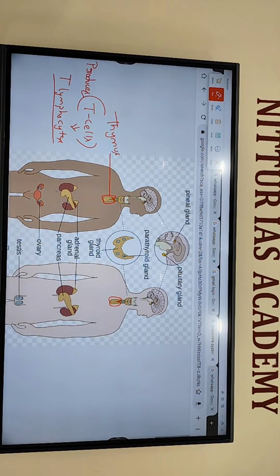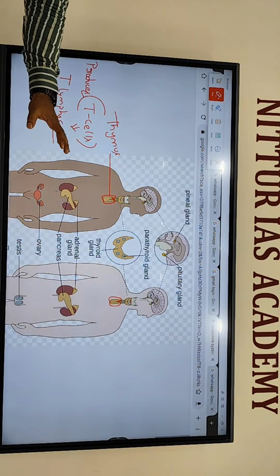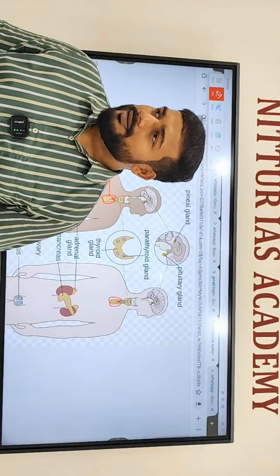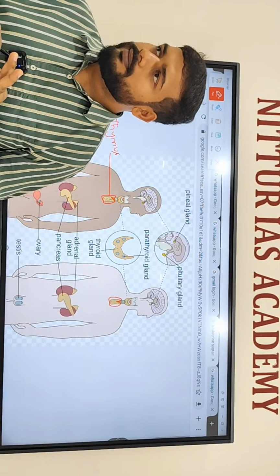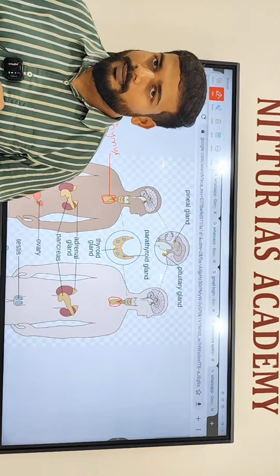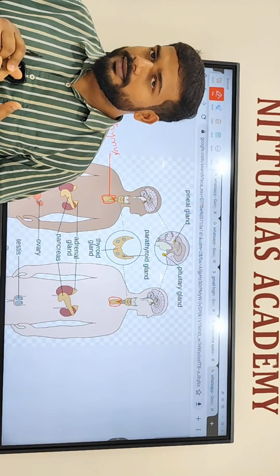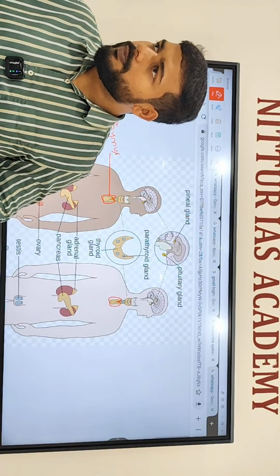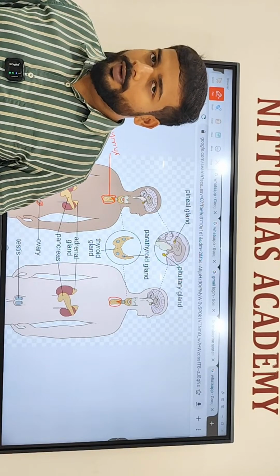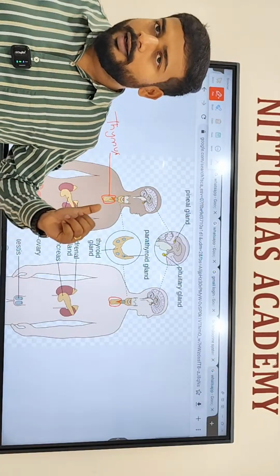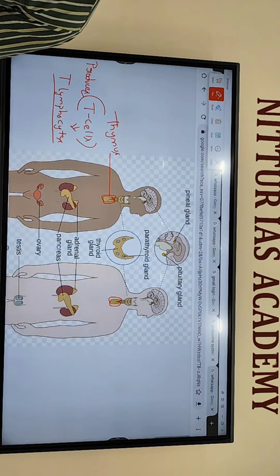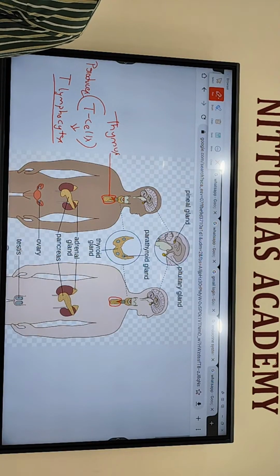Have you heard about T cells, B cells, T lymphocytes, lymphocyte, a type of WBC? Our blood consists of red blood cells RBC, white blood cells WBC, and platelets. The main function of WBC is to protect us from diseases. Immune response is due to WBC. Our immunity is due to white blood cells. Lymphocyte is a kind of WBC. There are so many types of blood cells, and lymphocyte is one among them.